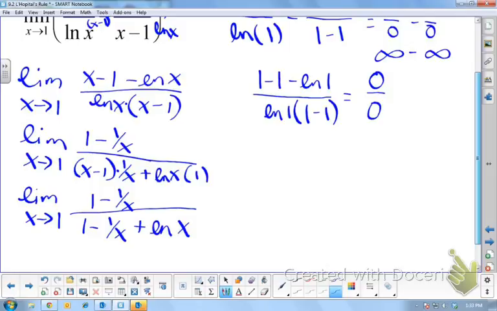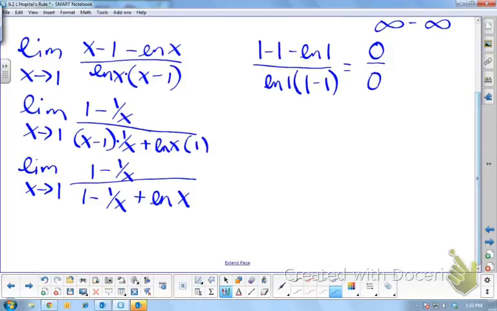So what's going to happen if we plug in 1? Oh, we're going to get 0 over 0 again, so we've got to do L'Hopital's rule again. So, take our derivatives. Really, 1 over x is the same as x to the negative 1. So we would get